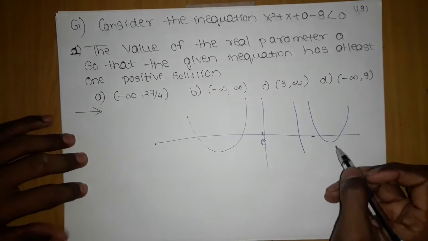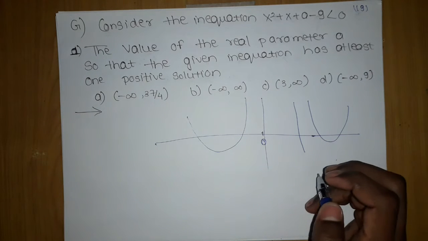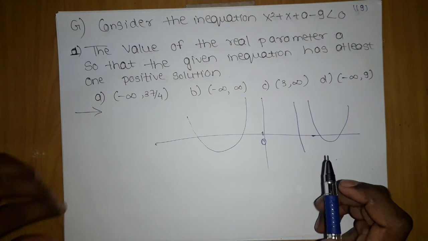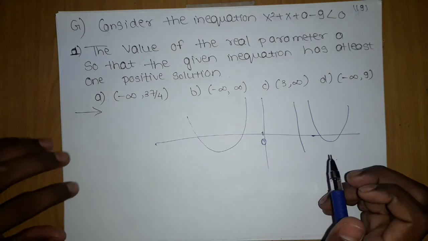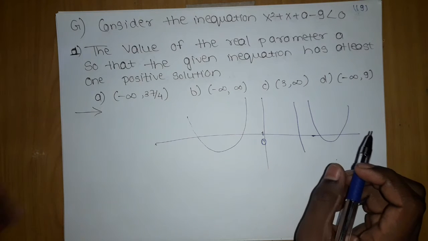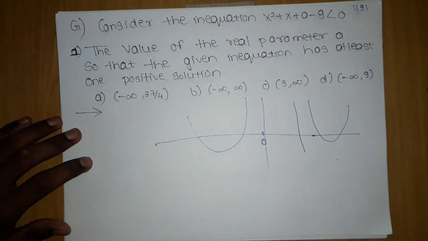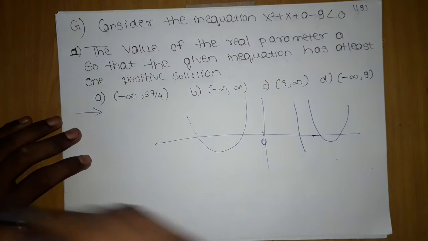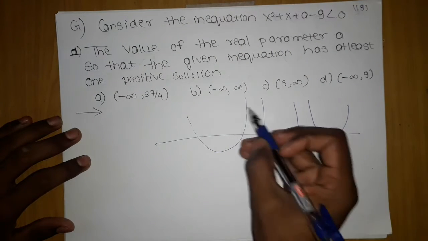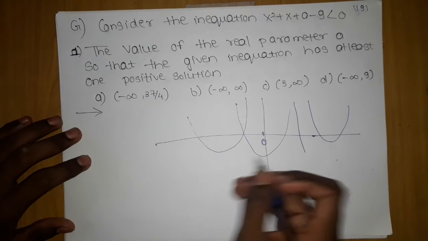Further on, what else do you see in this question? It is saying at least. What does at least signify? It should be minimum this or more than this, and it will be fine. So one more graph can be possible, which is like this. What do you see from here?